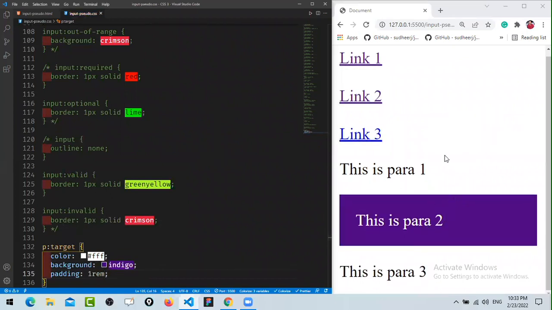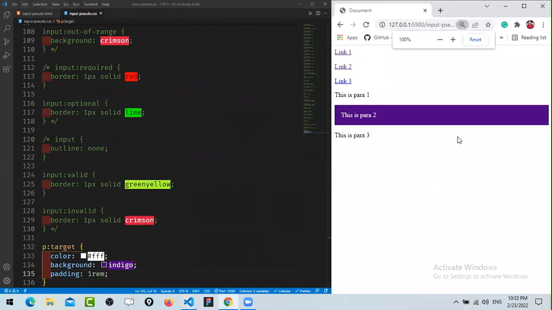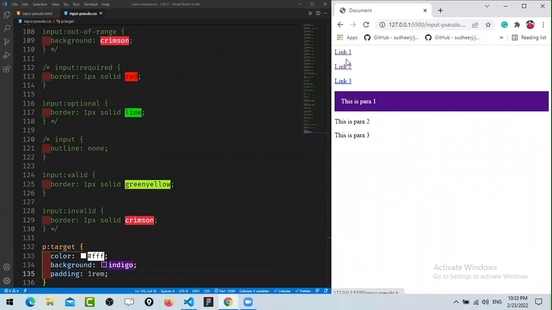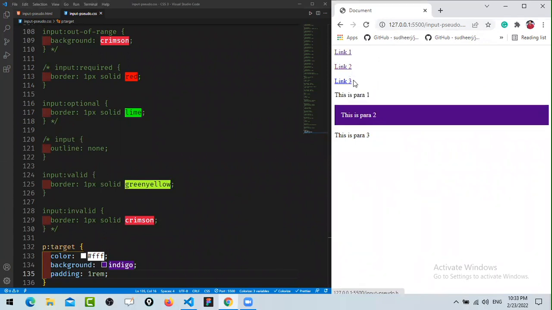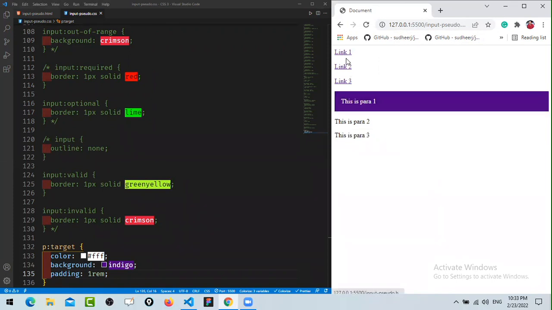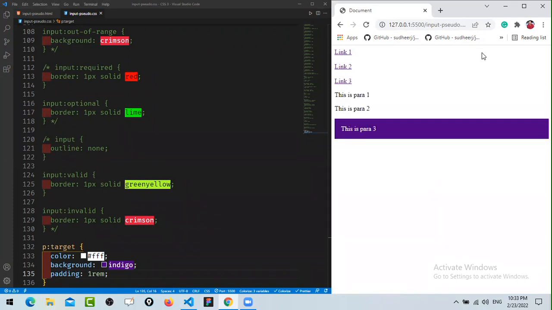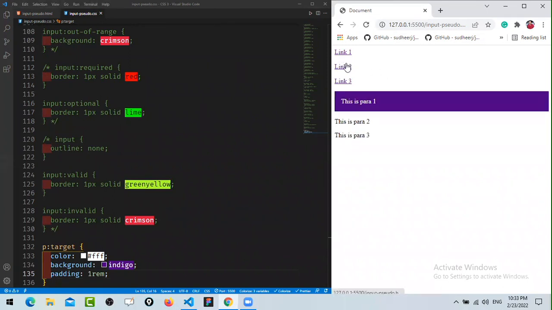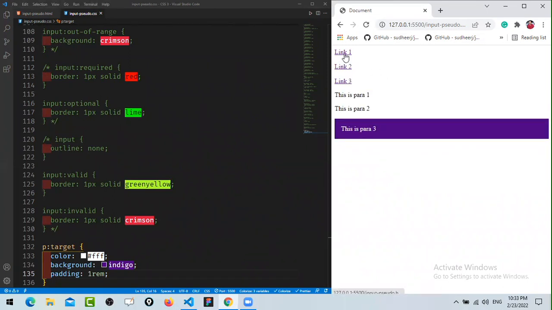So this one is by default, if you will see, this is the targeted element. If I click here, where is it targeting? Second para. If I click here, it is targeting third para. So have you seen a tab kind of thing? Tab in the page. So without using JavaScript, you can create